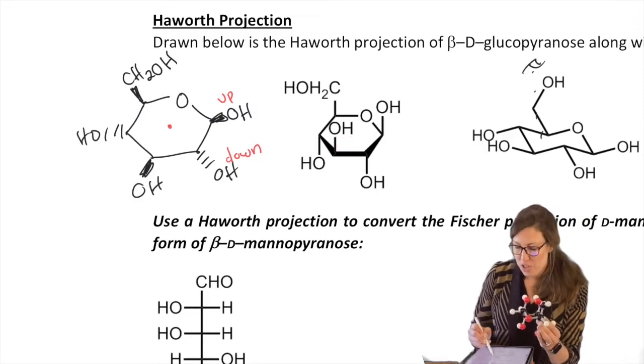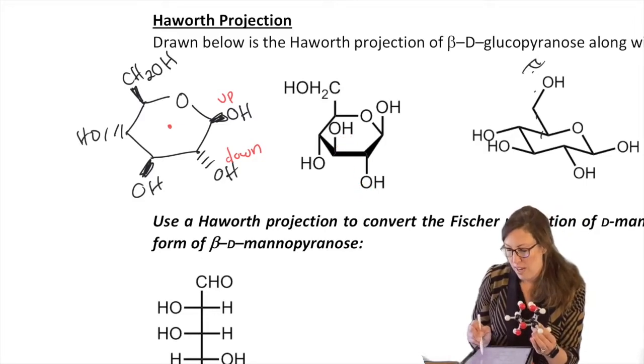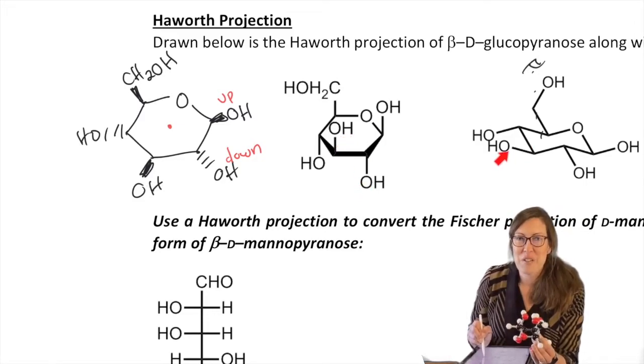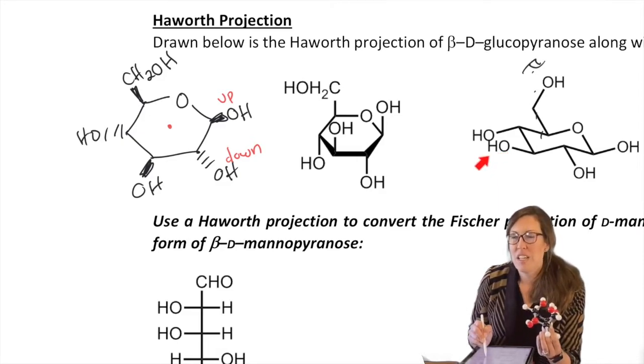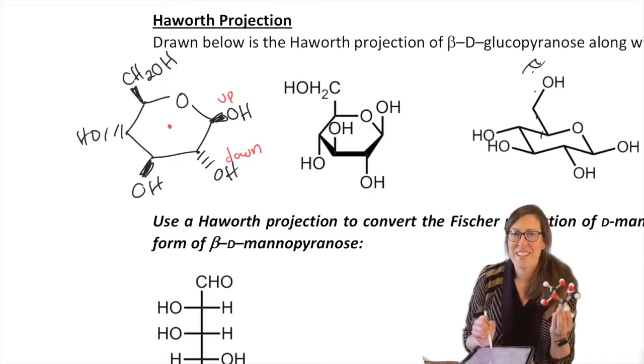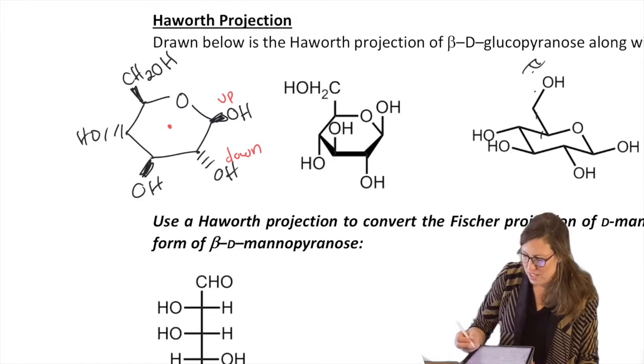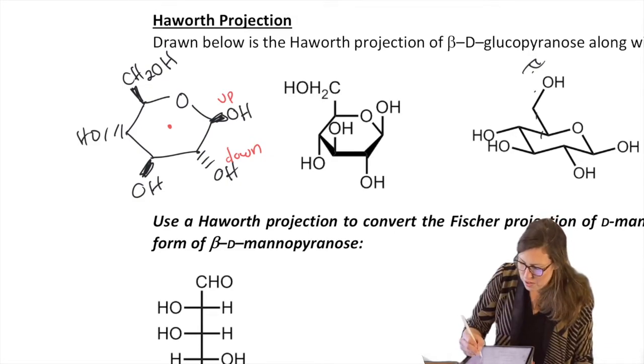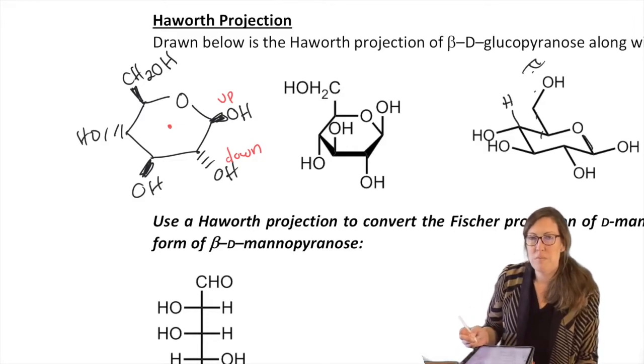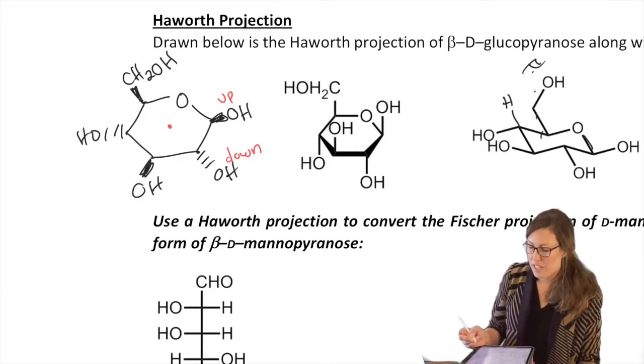Notice you suddenly get to draw up and down bonds instead of axial and equatorial, which sometimes look axial or equatorial because it's hard sometimes to get those bonds just parallel. You might be able to visualize it. So, in other words, this H parallel to this bond. Without a ruler, that's hard to get looking right, and it takes a lot of practice. You don't have to worry about that here.